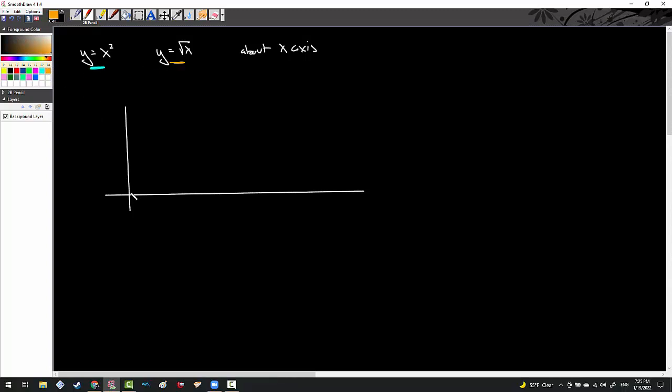So the orange function we know well. That's this guy, right? The sky blue function, the quadratic, is going to be this dude. I am hoping that finding the limits of integration is pretty obvious. You would set them equal to each other, and if you look really hard, you'll be able to tell it's 0, 1. So from here, since I'm rotating this thing about the x-axis, it's going to rotate this way,